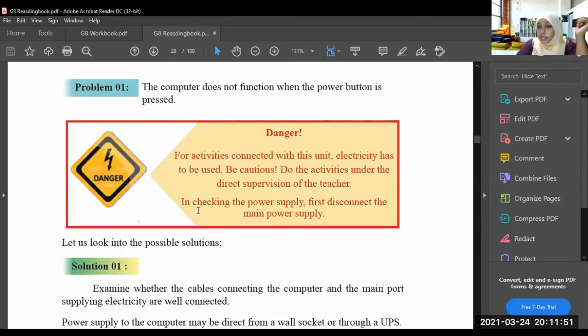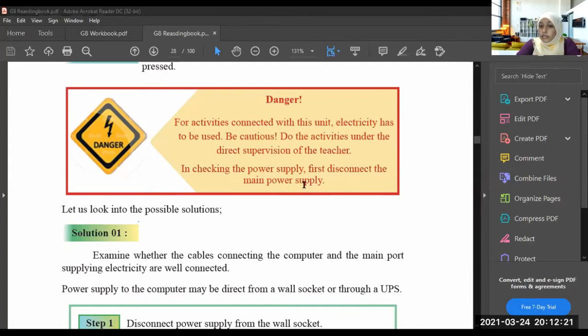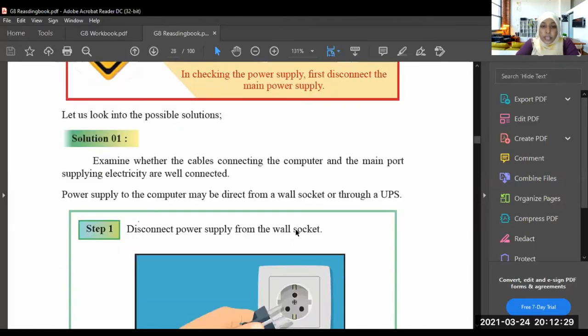Do the activities under the direct supervision of the teacher, or the elders in your home, your father, your mother, take their help. When checking the power supply in your computer, first disconnect the main power supply. Please don't forget to disconnect the main power supply.